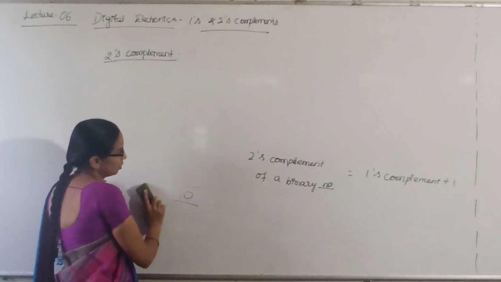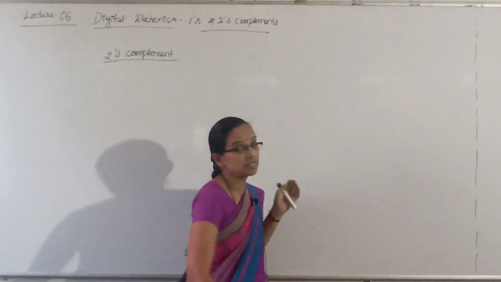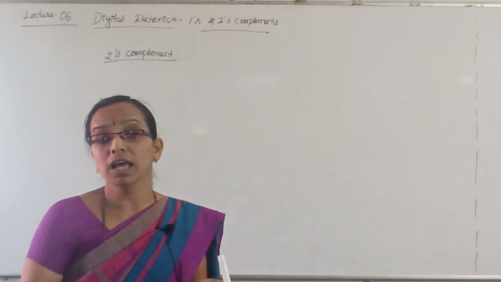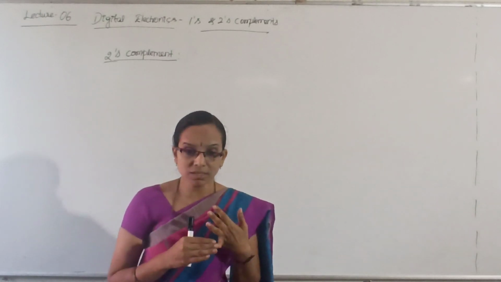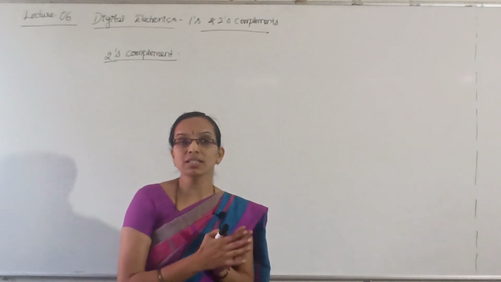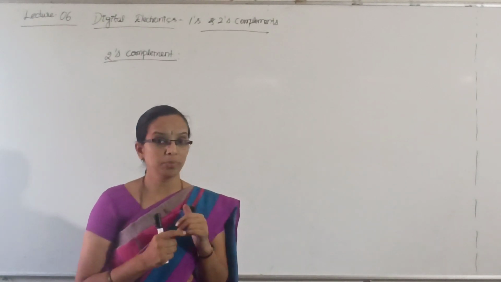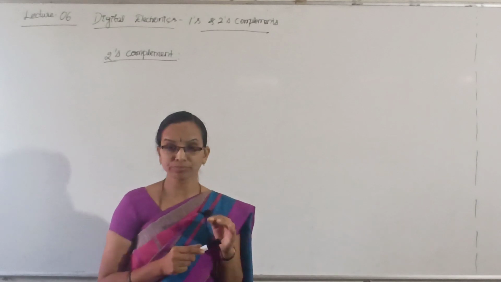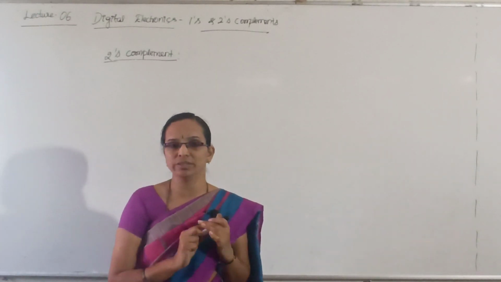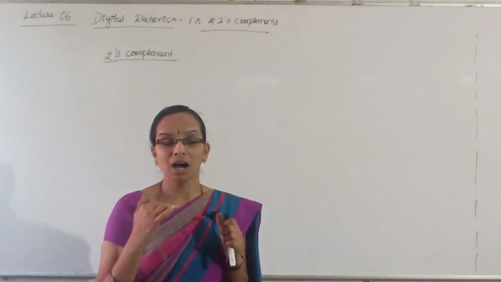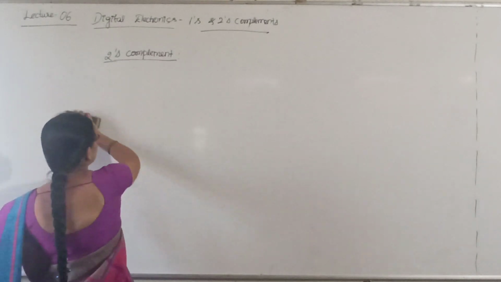So, these ones and 2's complement of binary numbers, where are they used? They are used to represent the negative numbers. Because computers or any digital systems will not understand your positive or negative sign, so they are used to represent the negative numbers. So, you can convert the subtraction into addition. How that will happen, I will show you now.